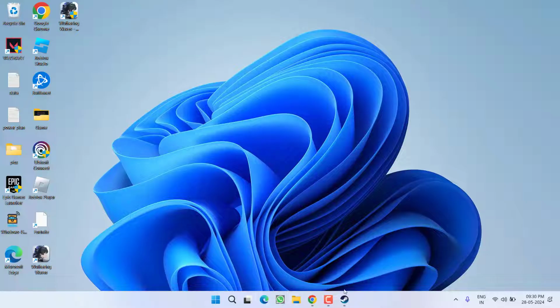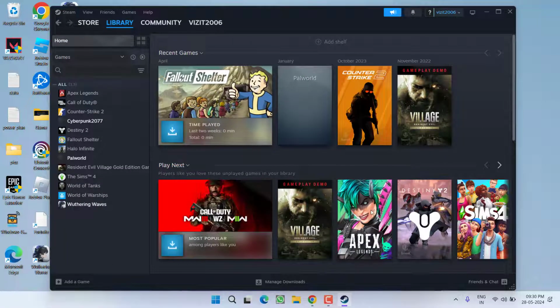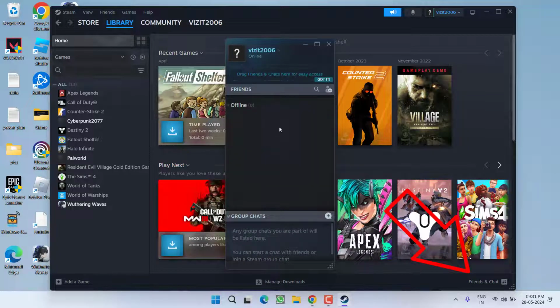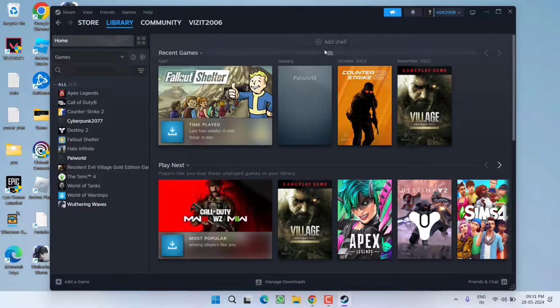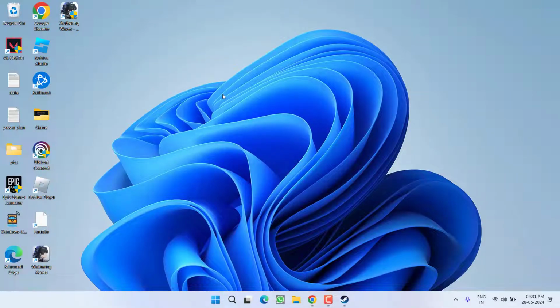If this failed to work out, let's proceed with the third step. Third step is a simple fix for you. Go ahead and launch the Steam, and whenever you hit the library option, and as soon as you see a black screen in the Steam library, right in this corner, click on the option Friends and Chat. Whenever you click on the option Friends and Chat, your library starts to show. This is a simple fix again, but works out for many users, as I have seen all over the internet.